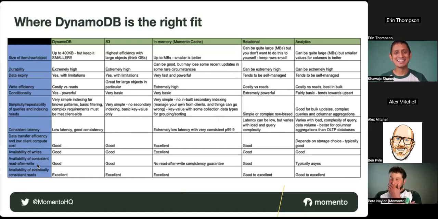If you have an item that's 300 kilobytes and the condition fails, you're actually assessed write units, even though no write was made, nothing was replicated. And it's based on the old image size. So 300 kilobytes, that would be 300 write units, just to say, nope, the condition wasn't met, nothing was written,